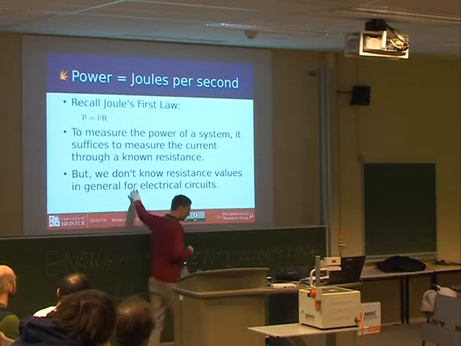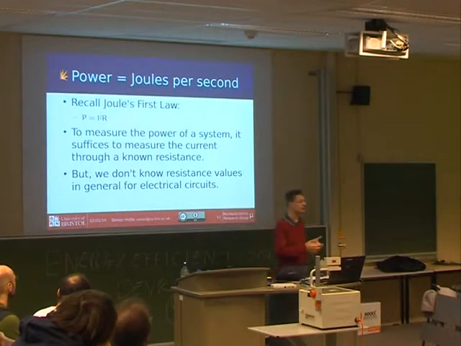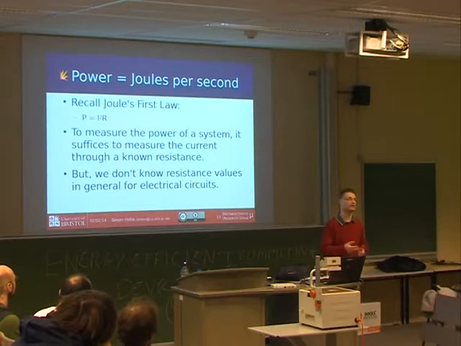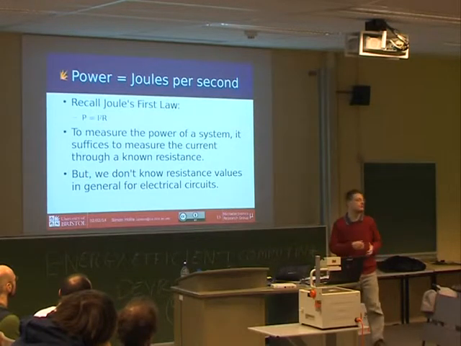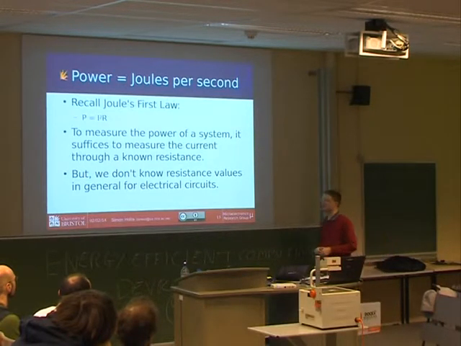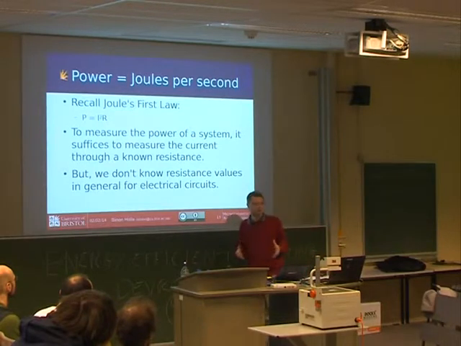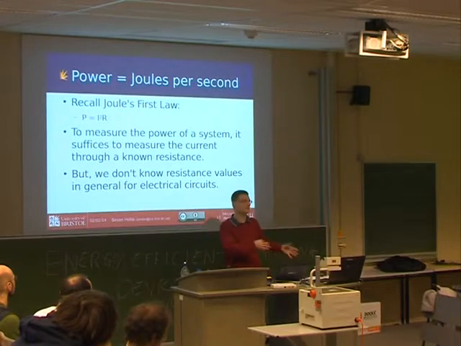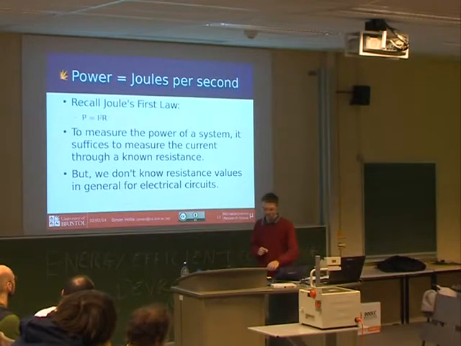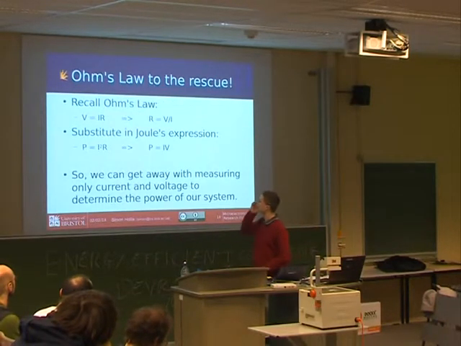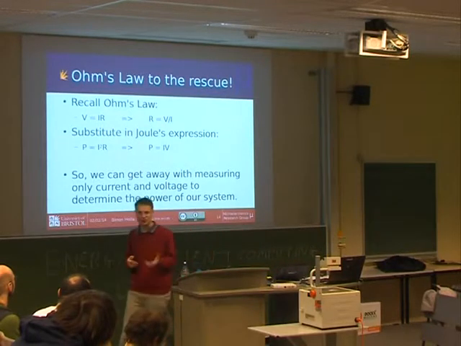The problem is that if you apply this to a computer, the resistance changes. The effective resistance changes depending on what's happening. So that R is no longer fixed. So I can measure the current potentially, but the resistance I don't know. It'll be different whether I'm doing one instruction to another instruction, to whether something is in sleep mode. I can't measure that. So one thing we're going to do is we're going to deploy Ohm's law to just rearrange a bunch